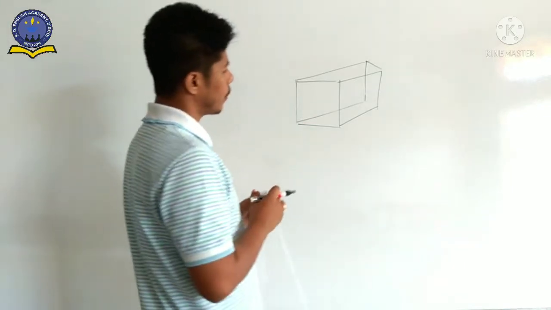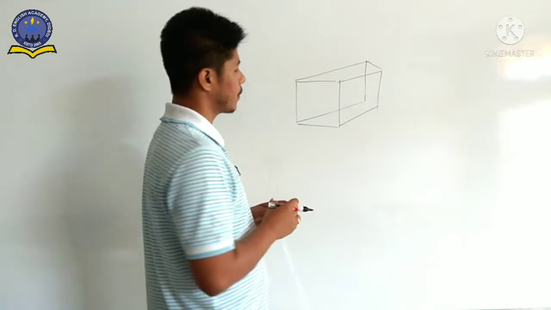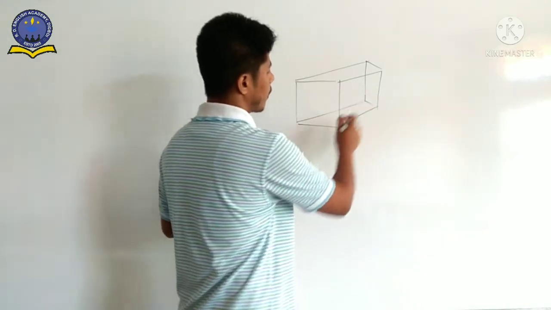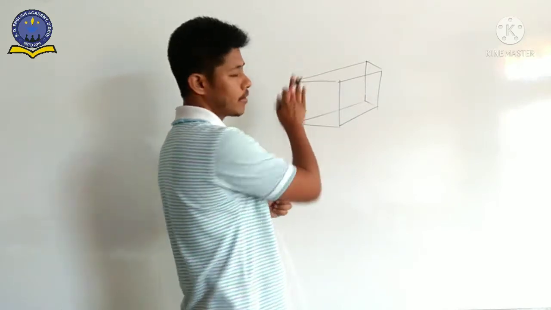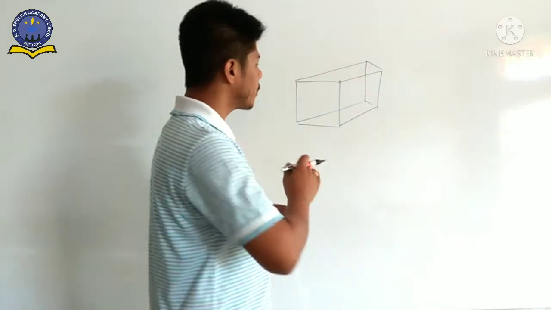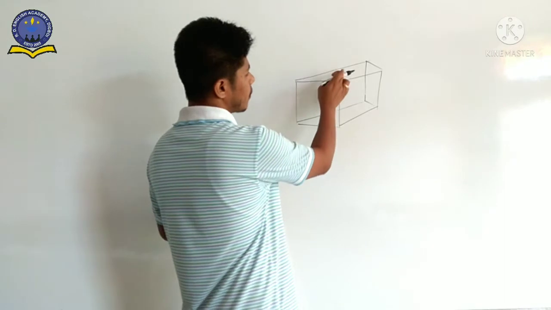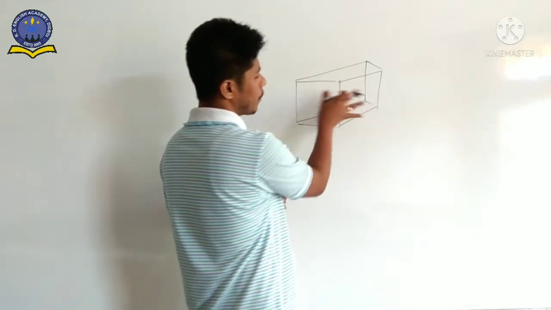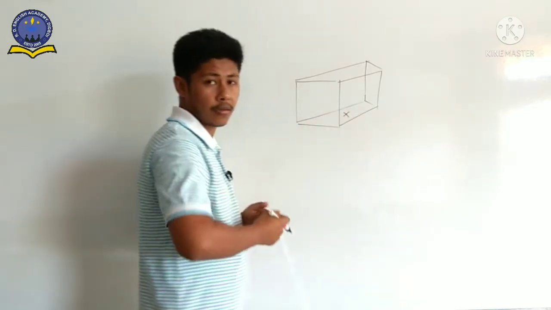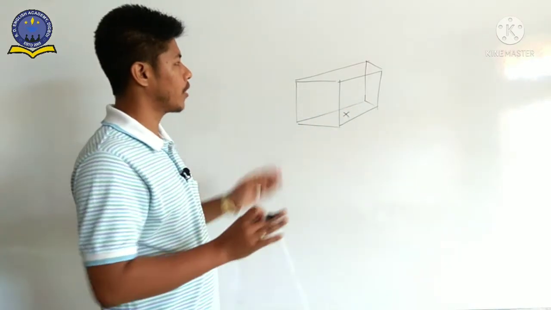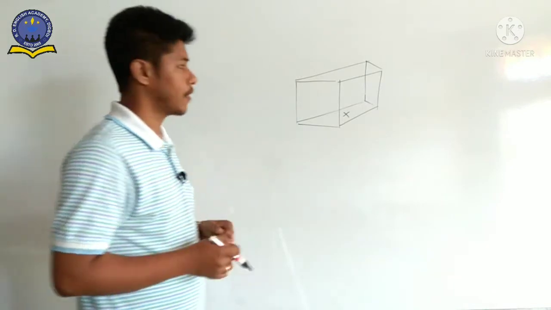Now in this cuboid, total how many faces are there? If we join this one also, that means here 1, 2, 3, 4, and then this part 5 and 6. Practically we know that this one is the ceiling part, these 4 faces are there, and this one is the floor part. So we have to ignore this one, is not it? That means total 5 faces are there.